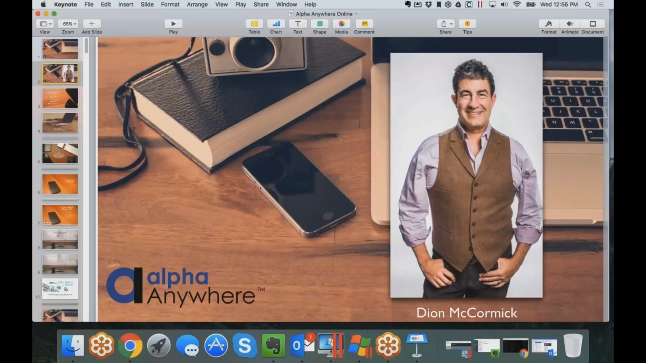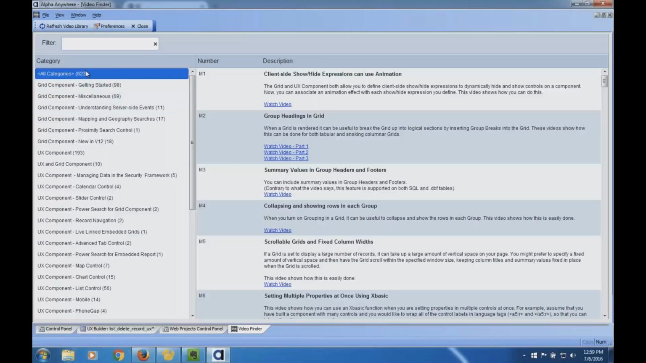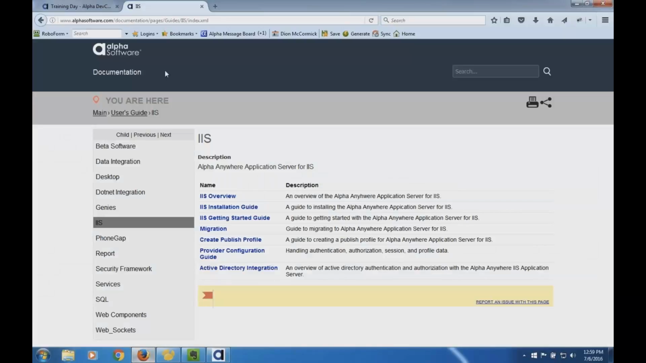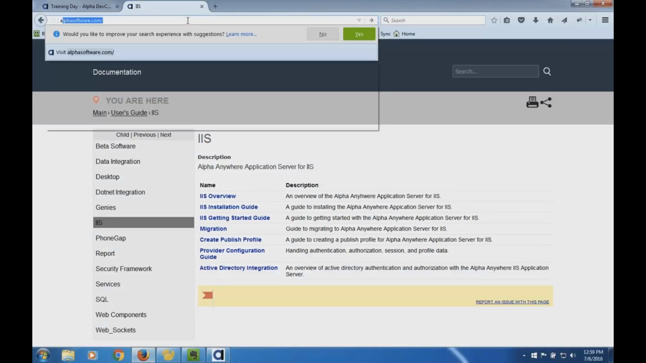Excellent. Well, we have 1 minute, and someone is asking how do you get to those videos about form view control and things like that. Can you show them real quick? Yeah, first and foremost, you can go into the Alpha Anywhere development environment, and there's one right here, which is the video finder. If you open it up, you can search through all the videos that are in there. You can also go to